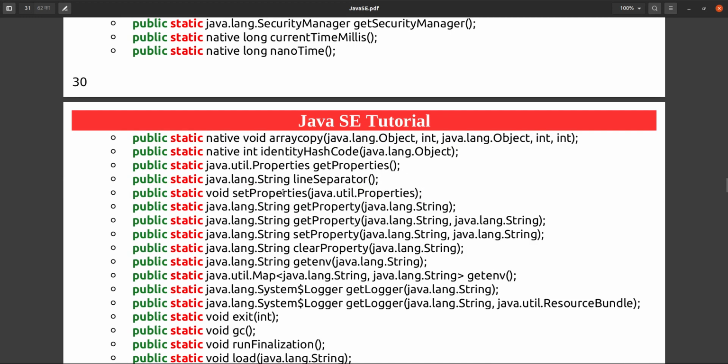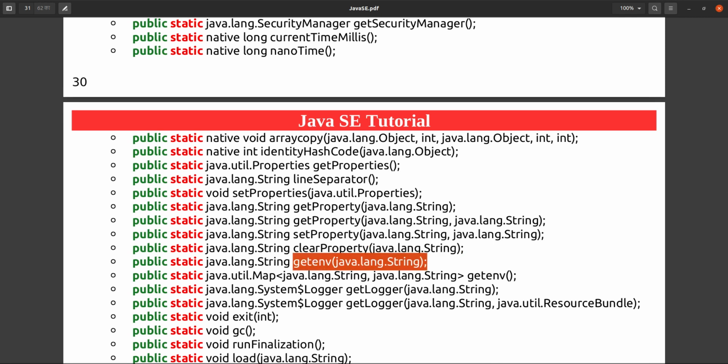If we want to set some property, we can set it and get it later, that is up to our choice. getProperty we have already seen; it is the same thing. If you give a key, you can also use clearProperty if you want to remove a property. You can give the key name here and clear it.